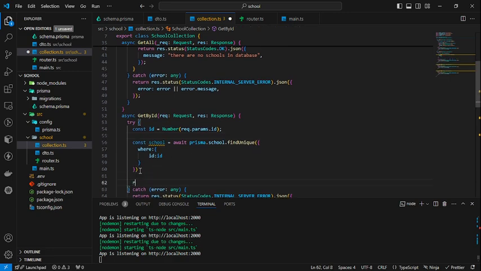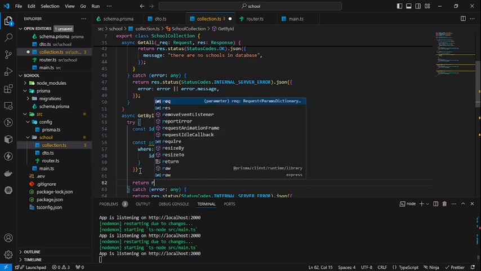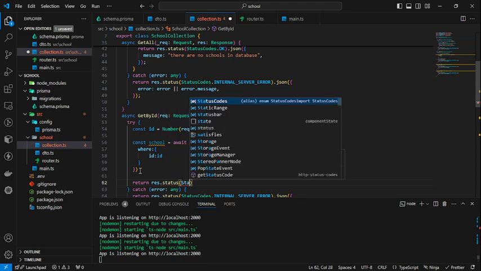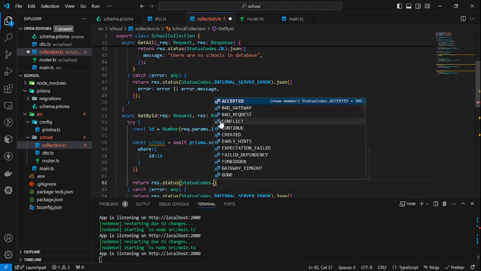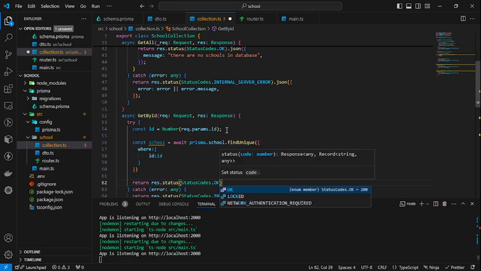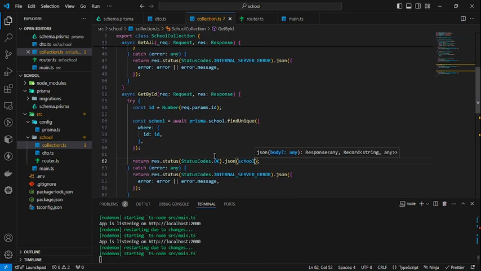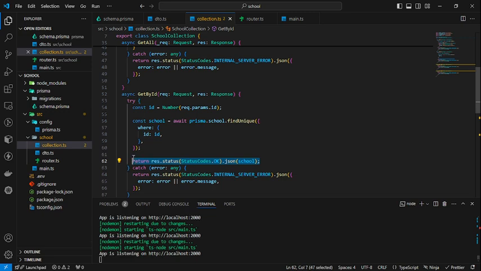Then after doing this, I'm supposed to return a response with a status code of okay, yeah, like that. Then the JSON is supposed to be the school that I found, okay, like that. But I need